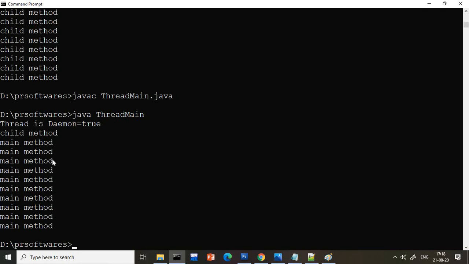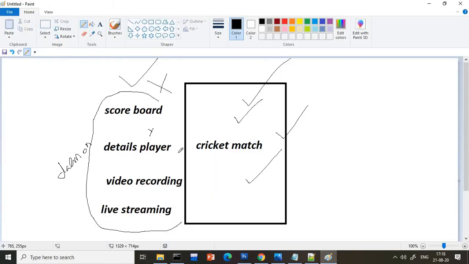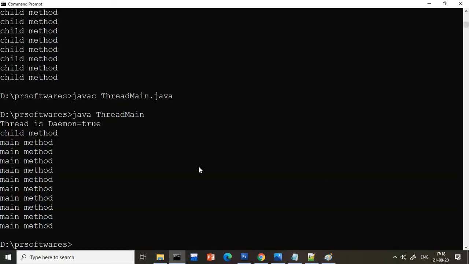So this is the concept of the daemon thread, guys. What are the points you have to remember about the daemon thread? The point number 1 is that the daemon thread will work until a non-daemon thread is available in the program. Doesn't matter if we have 10 non-daemon threads, until the last non-daemon thread is working, the daemon will work. What is the meaning of that? It is like recording: all these things will continuously work until the last ball of the game is not completed. That is the only meaning of this statement.